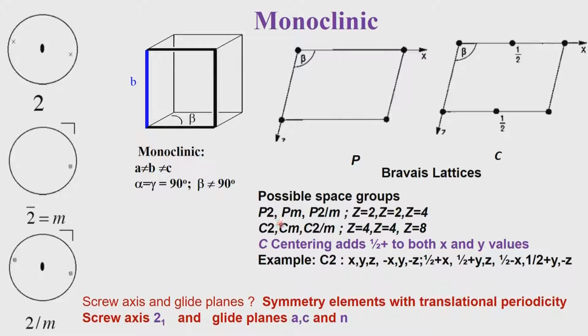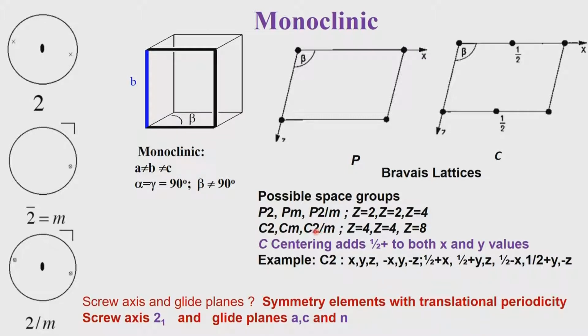So, if you take for example the lattice to be primitive, combine it with the point group symmetry 2, you get P2, and you will get space groups Pm and P2 by m likewise. In all these cases, the number of molecules in the unit cell in general is Z equals 2, Z equals 2 in the case of Pm as well, and Z equals 4 as is illustrated here in the point group diagram. When we come to the case of a C centering, we can again have a C2, Cm and